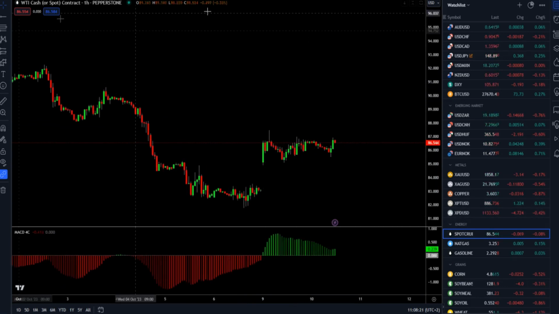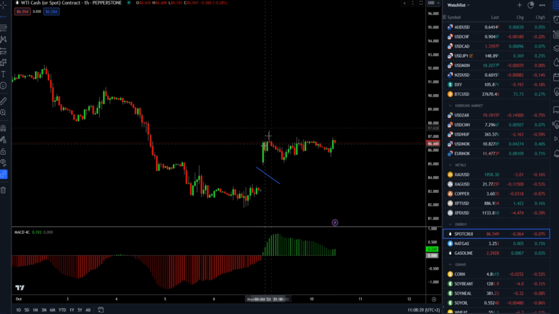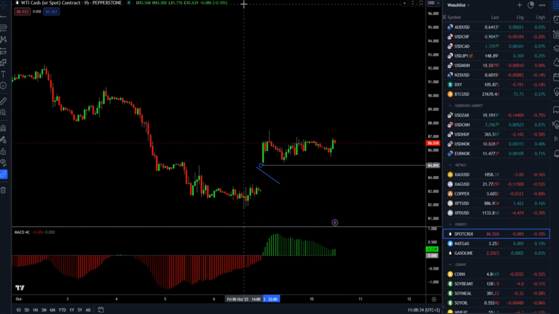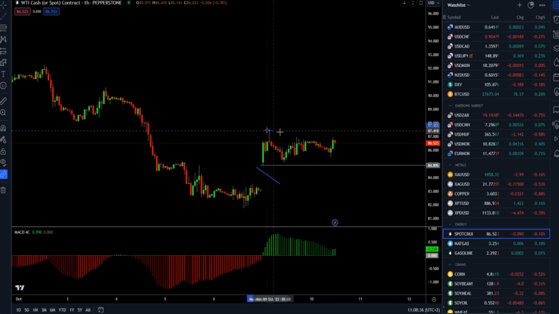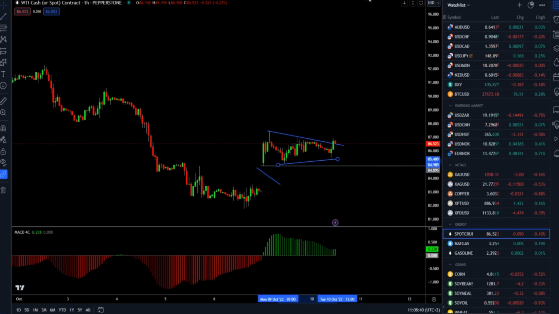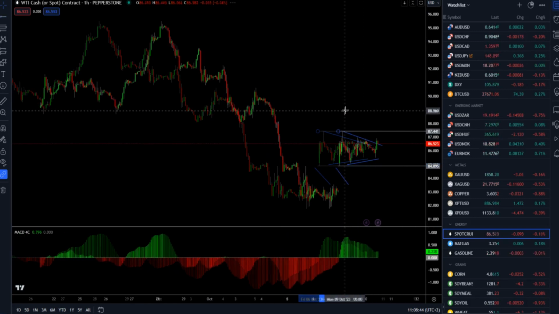Speaking of the crude oil, another thing I need to mention is that this market also, similar to gold, held a gap yesterday. Market gapped and held the gap. So here, basically what we have is this supply and more like a contraction, and the market is trying to break, but still I would like to see the break and hold above 87.44.